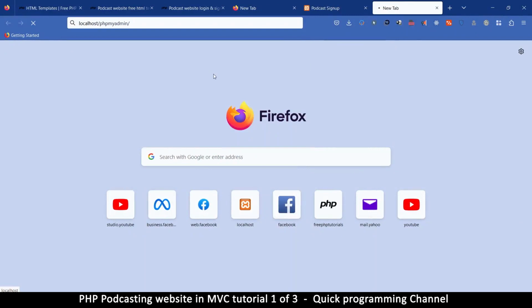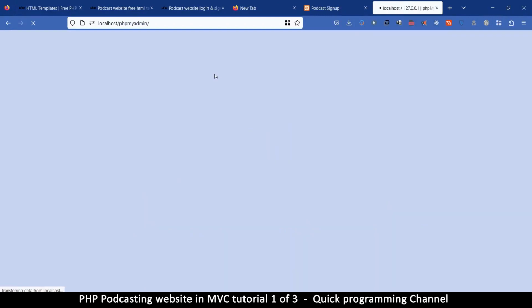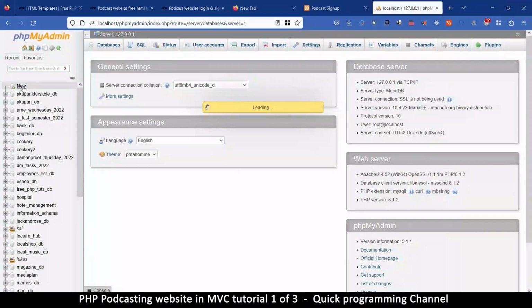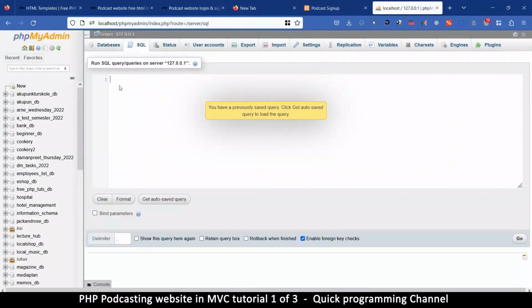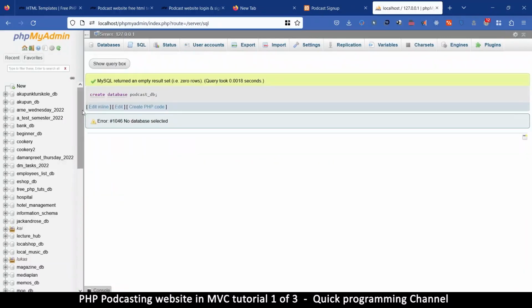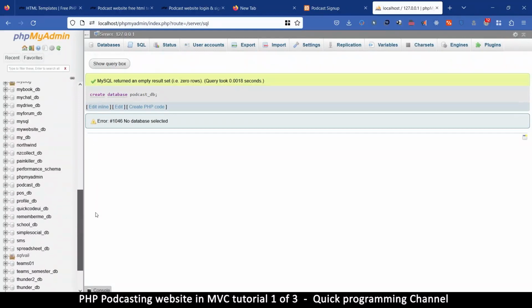So once that loads, we can create a new database. So let's click new there, or you can simply go to the SQL tab and start typing some queries there, like create database. The query to create a database is very simple. You can just type here create database, and let's call it podcast_DB. It's as simple as that, and click go, and a database will be created. So there it is,